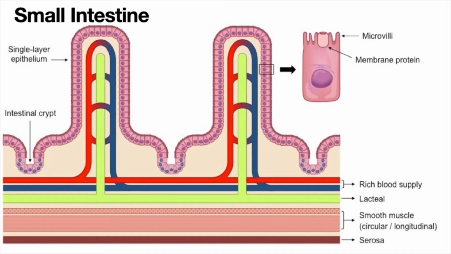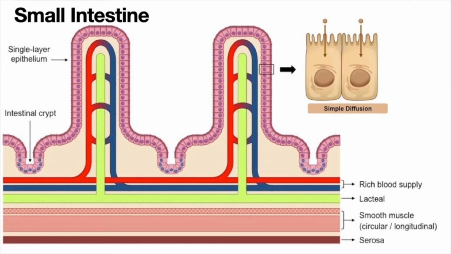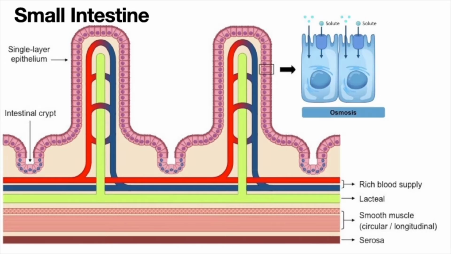Another important site of active transport is in the intestines. Usually after a meal, there will be a higher concentration of nutrients in the intestine than in the bloodstream. When this is the case, the nutrients and water can be absorbed into the blood passively by diffusion, by facilitated diffusion, and by osmosis down their concentration gradient. This involves the nutrients diffusing from the interior of the intestine, called the lumen,